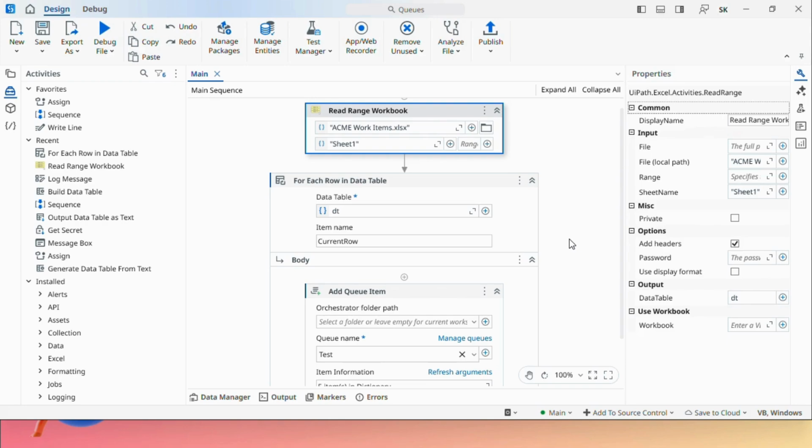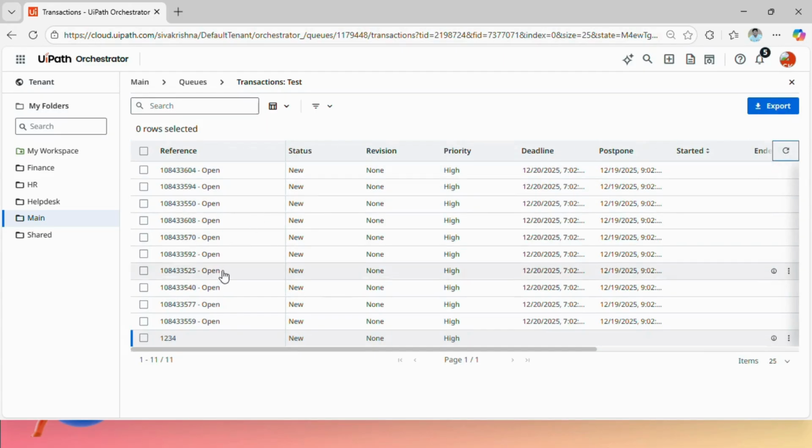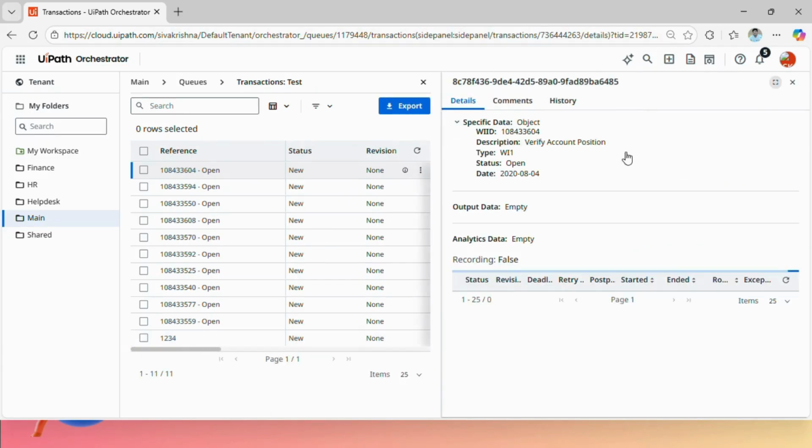Now the process execution has been completed. So let's go to the UiPath Orchestrator. So let's refresh. So here we can see all the queue items has been added. So here we can find the deadline and postpone time, right? The reference is for KD, hyphen and the status. And if you go to the details, so work ID, description, type, status and date, all the details has been